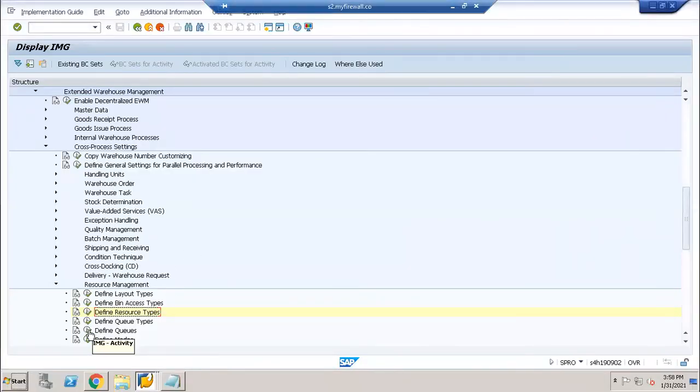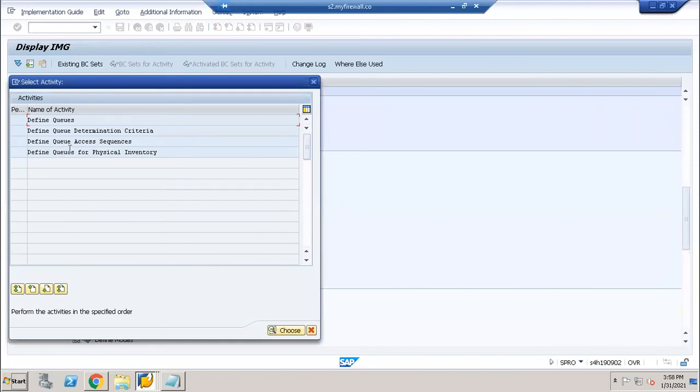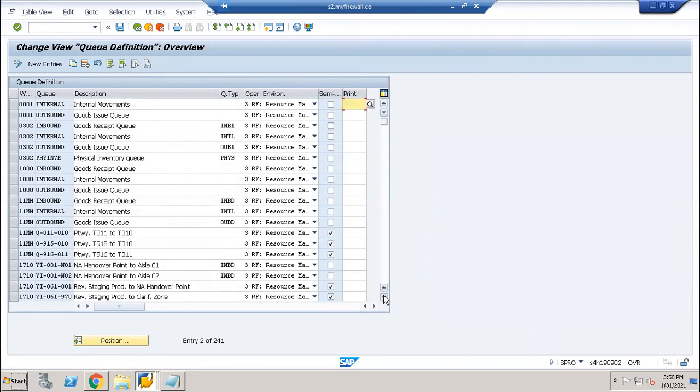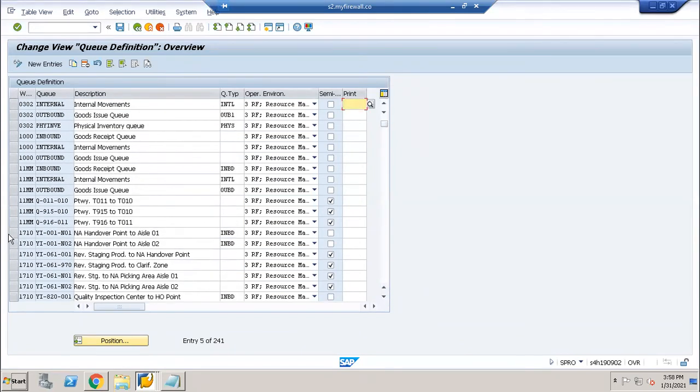Define the queues, right? We need to define the queues and how to determine the queue criteria. So these are the definitions of queues, like 1710. We have very specific custom queues. Or let us suppose for a simple queue, 1155 warehouse: inbound, internal and outbound.